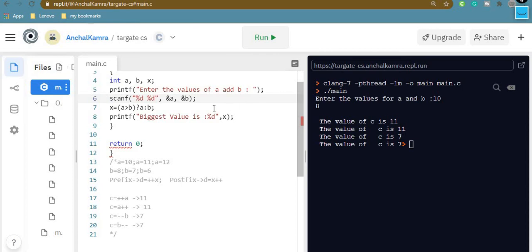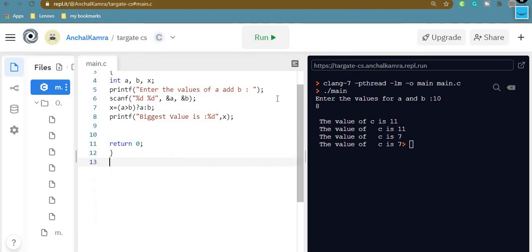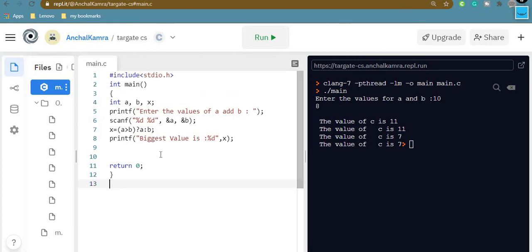Okay, in this case what exactly is executed, let me just fix this. There is one extra brace. Okay, there is no error in this code now. So what exactly will be performed? Suppose we are entering A is equal to 10 and B is equal to 20. Just assume this. So we are performing 10 is greater than 20, and obviously it will result in false.